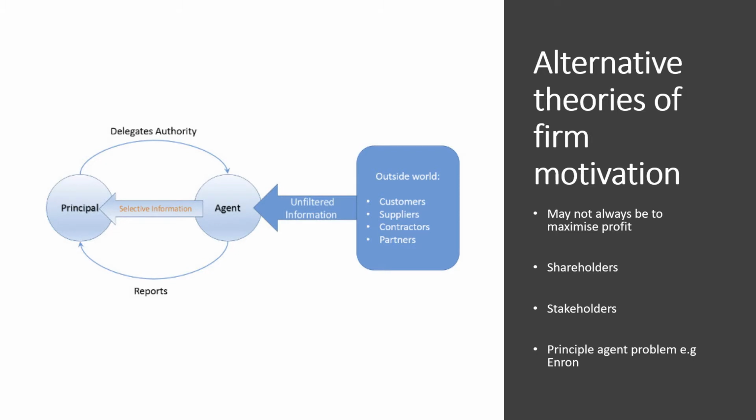So, alternative theories of firm motivation. What actually motivates firms? We've always said that firms exist to make profit, but that is actually not always the case. There are two scenarios that have been identified by economists that might also provide alternative motivations for firms. Shareholders, and that might be just for the purpose of shareholder return and not necessarily to make profit, but to return money to shareholders. And number two, there's a stakeholder theory as well, where stakeholders in the firm, such as customers,